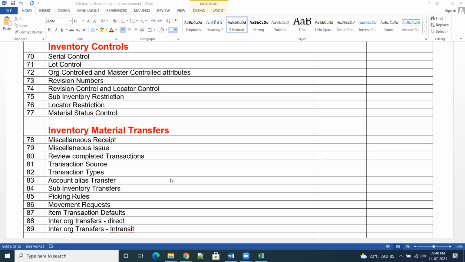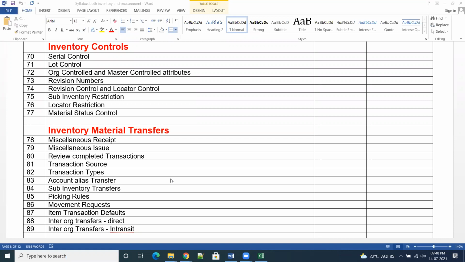Movement request, there are two things. One is internal movement request and one more is external. External is not exactly external. That movement request is done from the order management point of view. So at that time, the document number the system will generate automatically. For sub-inventory transfer, it will just create one transaction. It won't make one more document number for a movement request, so it is not required.